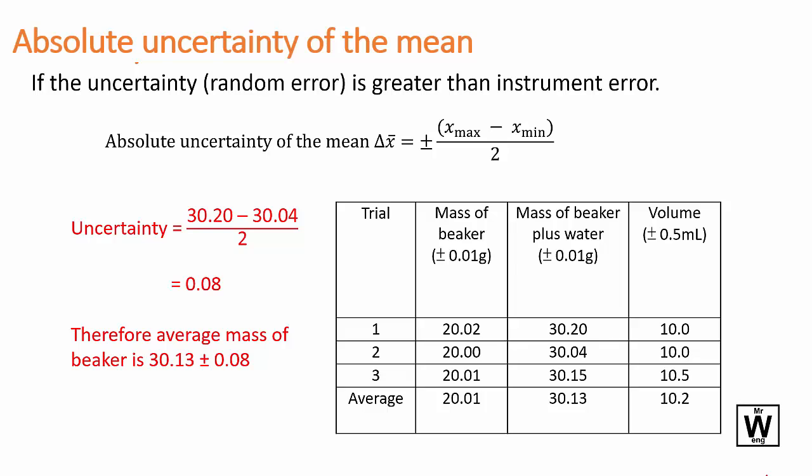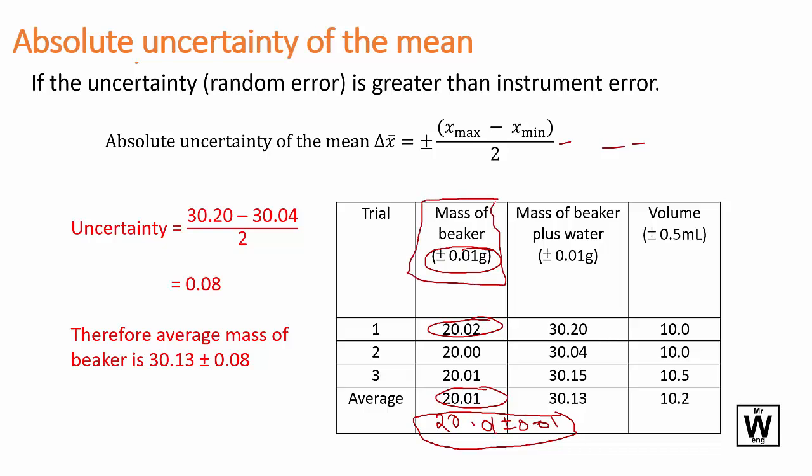Now, normally when you do the uncertainty for the mean, the uncertainty is normally just exactly what the uncertainty is for the individual measurements. And so the uncertainty for this mass of the beaker would be 20.01 plus or minus 0.01. Unfortunately, though, the uncertainty of the instrument is often not the main cause or the main issue of random